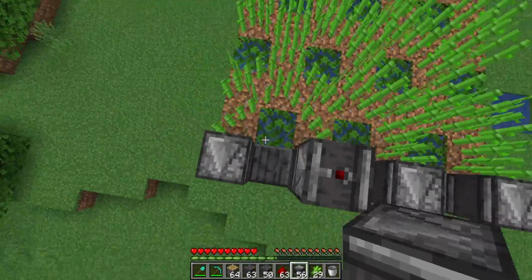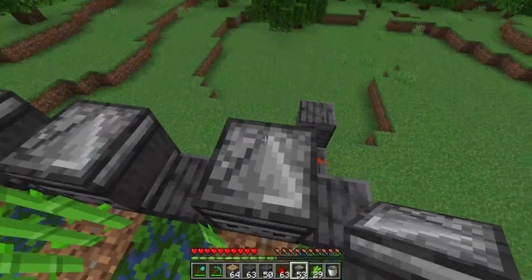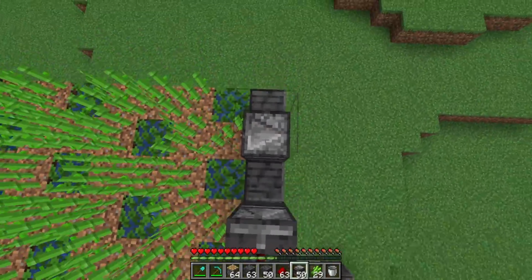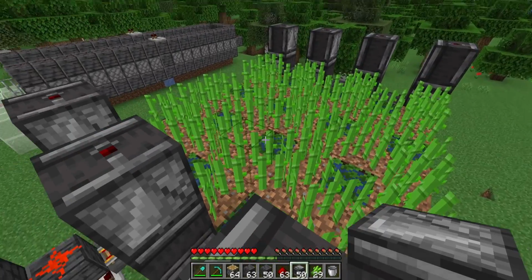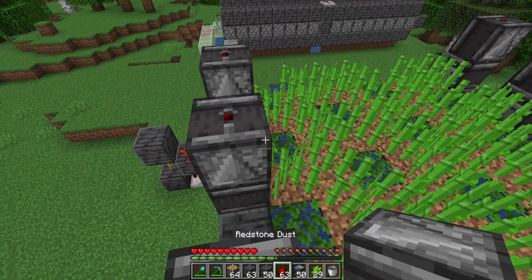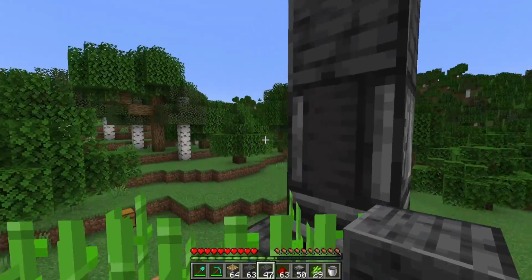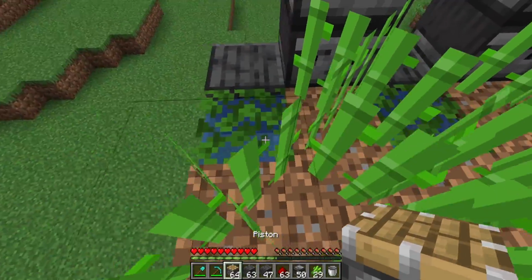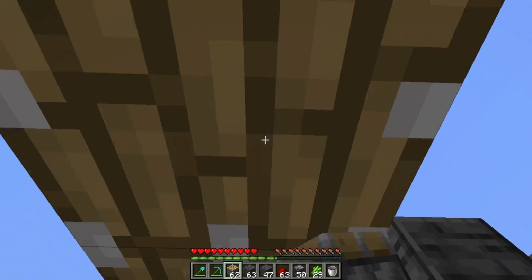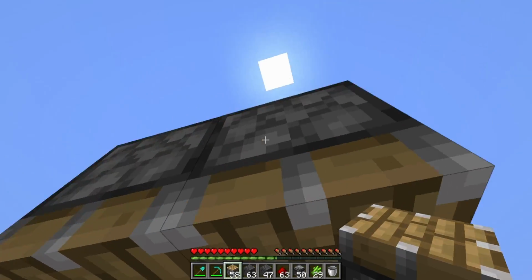Now we just build the observers on top like that, and we've pretty much got the hardest part out of the way. Well, actually, that's not quite true. We need to go up another block like this and actually start putting in the pistons. So it's a pretty simple pattern. We'll go 2 across and then down and then 3, like a zigzag almost,